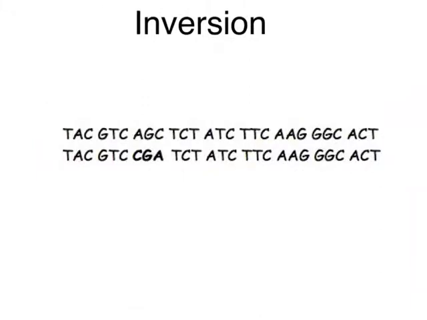The next type of mutation is called inversion. Now in inversion, a sequence of DNA switches or gets put backwards. So in this case, again, we have our normal sequence of DNA. It's the same one. I want you to copy it down again. And in this particular case, it's this sequence right here